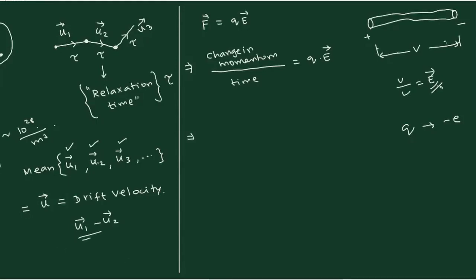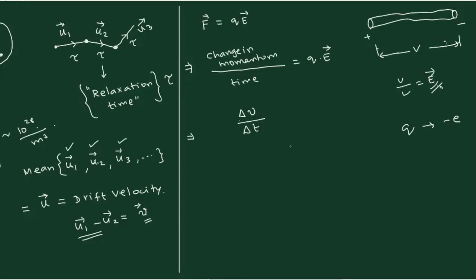So this U1 minus U2, you can represent it by some velocity V. This is what is known as change in momentum. Otherwise, if there is no collision, then there is no change in momentum. Change in momentum is coming because collision is taking place. So we will write that this is exactly delta V divided by delta T. This is how the momentum change comes into the picture.